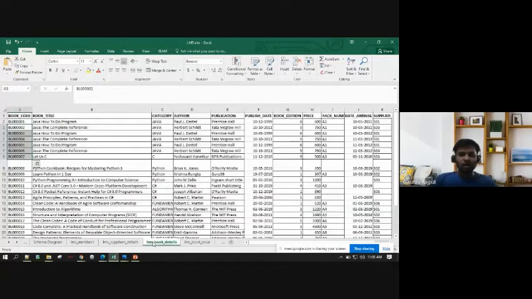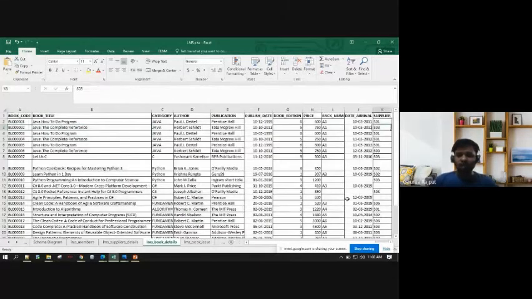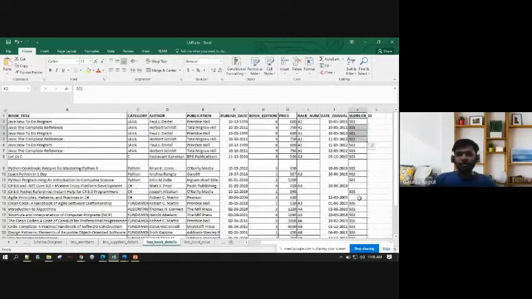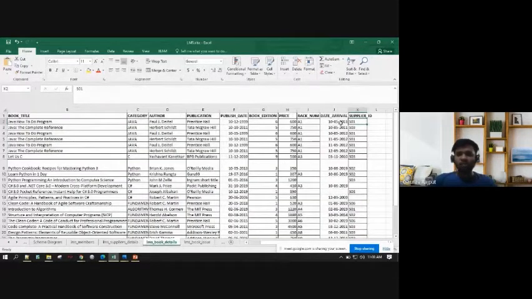Similarly, book details. So I have book code, the book title, which book it is, what category it is, who is the author of that book, publication, published date, book edition, and XYZ information. So lots of information. So if you see here, I have supplier ID, right? So it says that this book is being supplied by a given supplier ID. And if I have to relate it, I will say SO1. Who is SO1? SO1 is Singapore Shopee. So this book is being supplied by Singapore Shopee. That is how I understand the data, right?